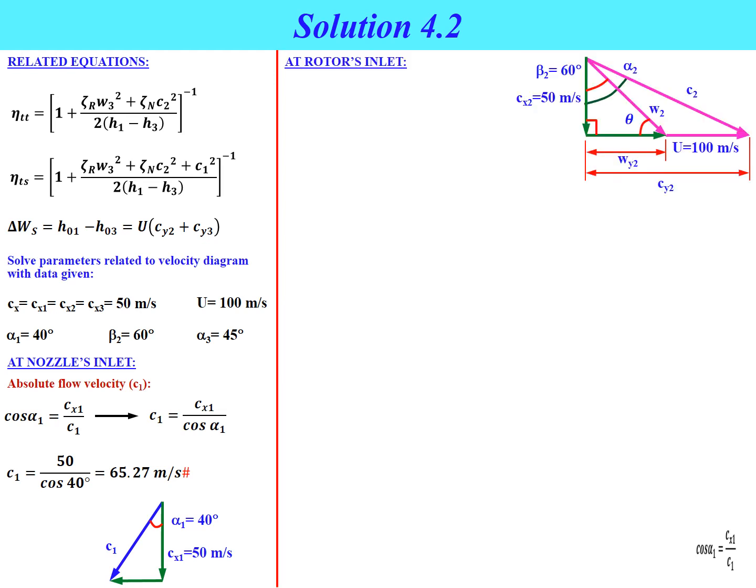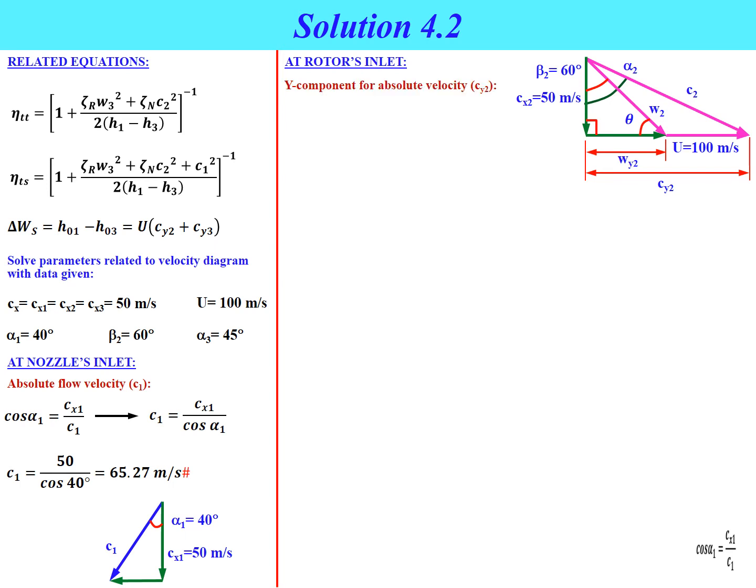At the rotor inlet, the figure shows the velocity diagram at the rotor inlet. So we have the information in terms of Cx2, beta 2, and u value, the blade speed, and we need to determine the values of alpha 2, C2, W2, Wy2, and also Cy2, because later on we will need to use these values to determine the total efficiency,